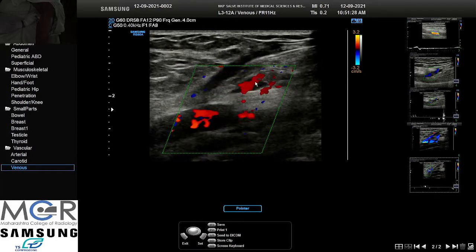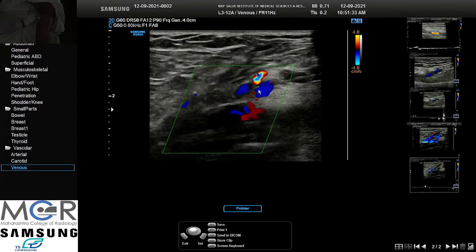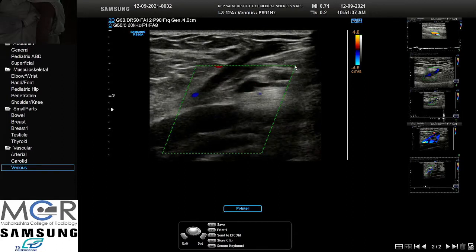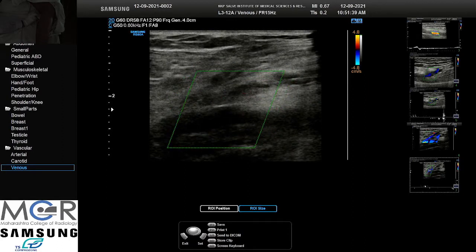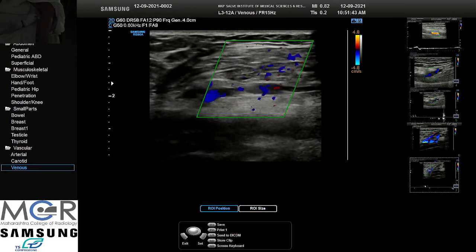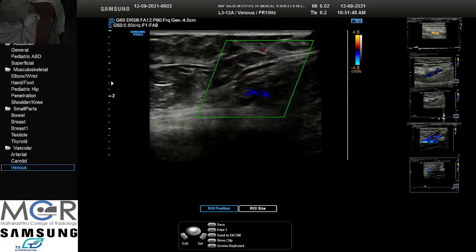So here the vein is accompanied by artery, and they will remain in the muscular plane, whereas the GSV will go into its own fascia.